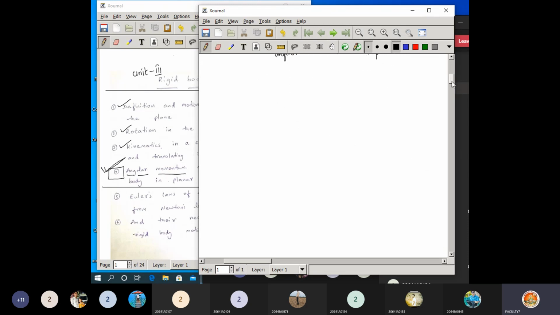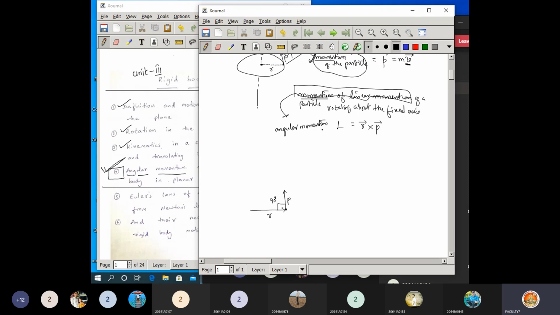For that I will give one more diagram to understand that concept. Now here, if this is R, now here this is a particle. Now here this is the direction of P. You can identify here. Now this angle will be 90 degrees. Both R and P are perpendicular to each other. Now due to that, the resultant quantity, whatever we are going to get, that is the angular momentum. So that's what the reason we are marking this as r cross p.